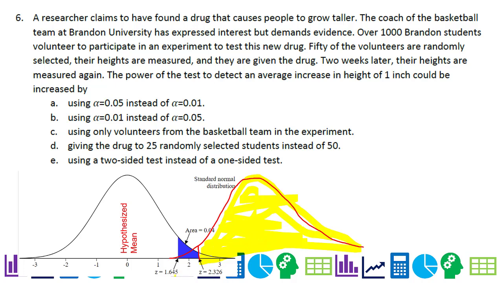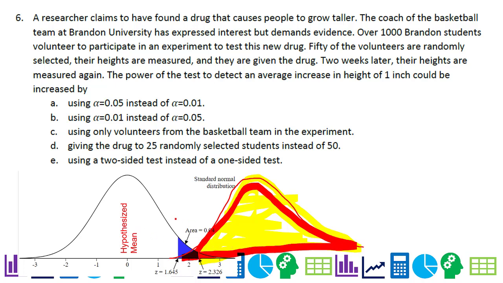Now, if I use an alpha of 0.05, let me change the color on this. Highlighter, ink color, there we go. We'll go red. So if I do alpha 0.05, all of a sudden I'm also adding all this area in, and my power has increased. So you can basically see that using a higher alpha, which means we're going to be less likely to change our mind on the null hypothesis,